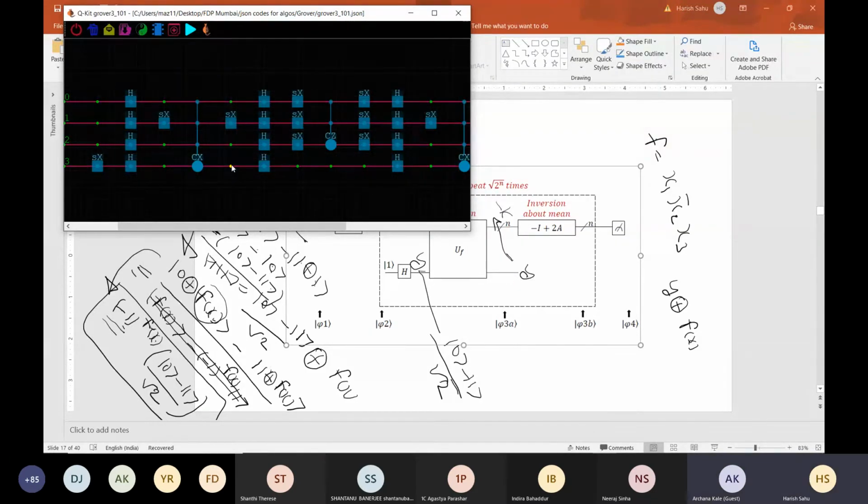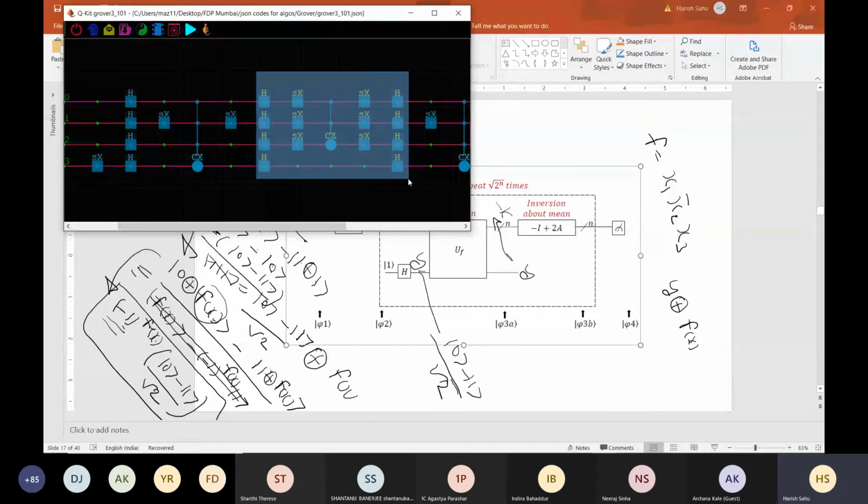Maybe it is not easy to digest in a short duration, but check that this f(x) is implemented here. So now the oracle is done, but in between we changed this x2, so we have to restore it again.